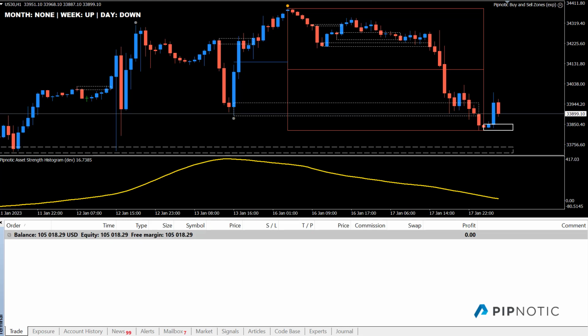Okay, so today I'm just going to show you a little bit about the update that's coming on the new buy and sell zone algo trader. This tool has received an awful lot of attention over the course of the past few months, and currently I'm having it tested by a handful of my